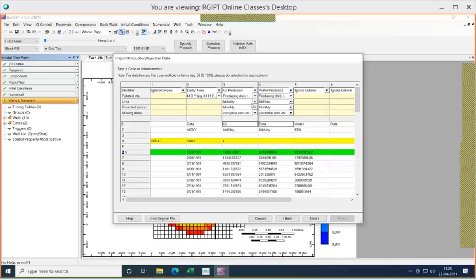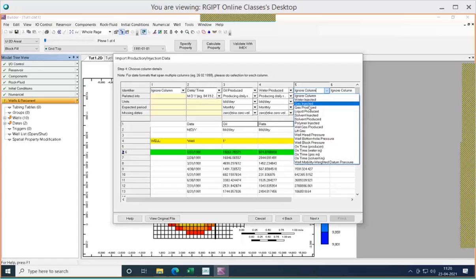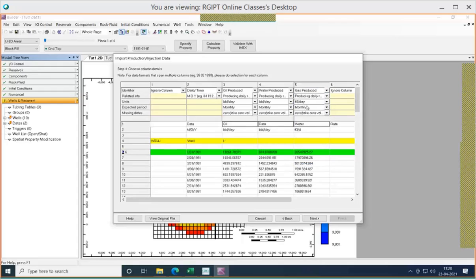So we can select the water produced, and this one represents the gas produced. Now click next.